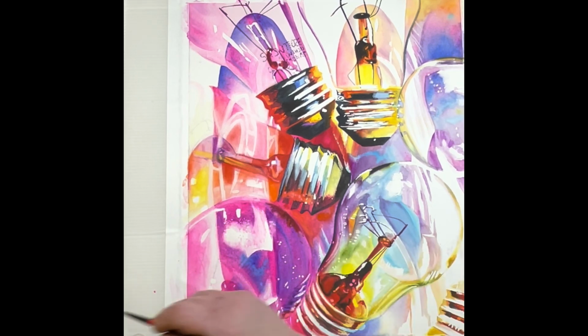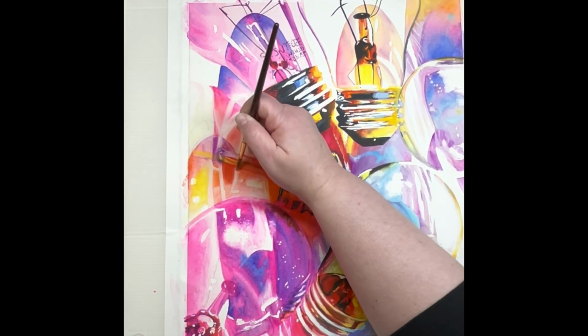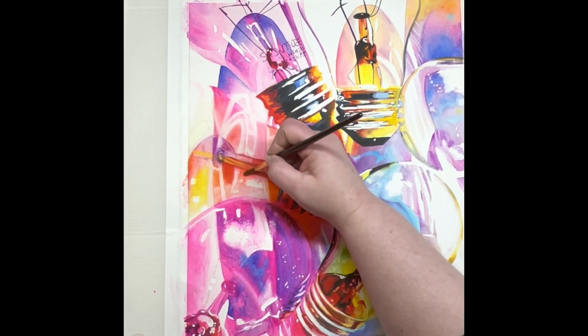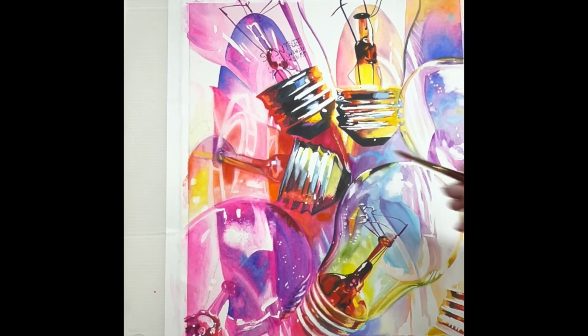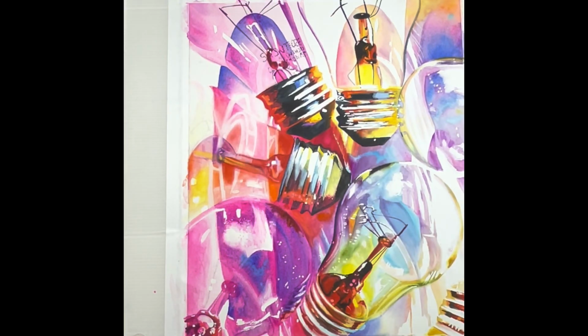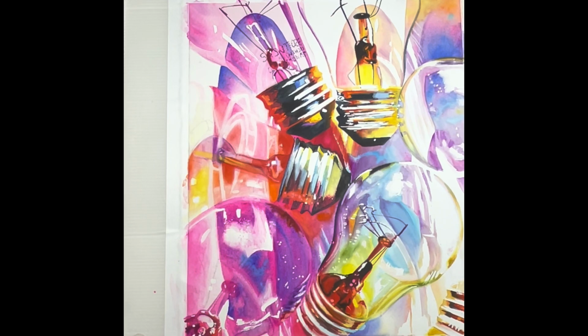All right, not bad. Okay, we're gonna add a little pink down here into the center of this guy. Now, it's not much, so I'm gonna clean it off just a little. Okay, now can we work up there yet? Let's see. Just softening the hard edge in this line. I don't necessarily want